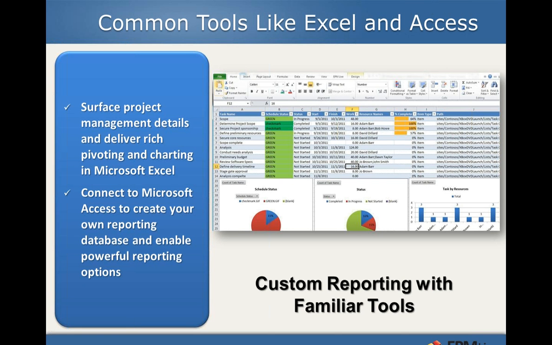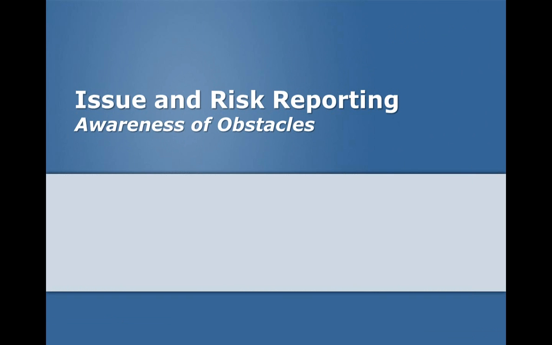Then there's the concept of issue and risk reporting. Key aspects of managing your projects and communicating is, as issues arise, not only do we need to log them, we need to make people aware the issue exists. So from a communication perspective, it's not just reporting, but being able to communicate those issues. It's the ability to assign those issues to people and assign responsibility for resolving them. And if you think about risks as things that we've identified that can potentially become issues for our project and can have adverse effects on our project, it's good to log those and make people aware of those as well. And at a minimum, maybe even assign someone to monitor that risk to make sure that risk doesn't bite us in the